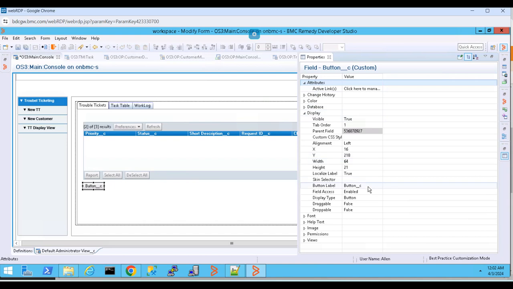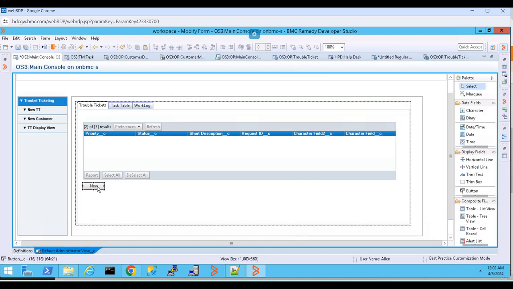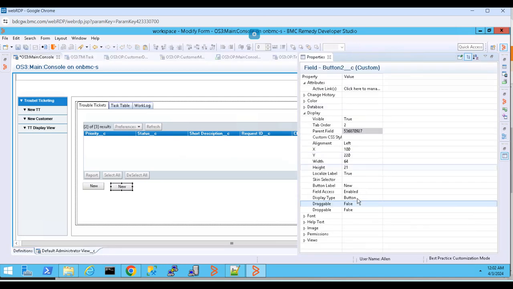I will give it a name as new. So this new will create a new ticket; if I need to create a new ticket, I would use this button. Then if I want to display my existing record, then what I can say,